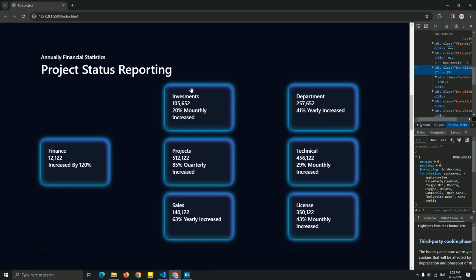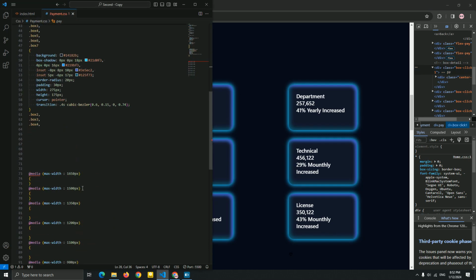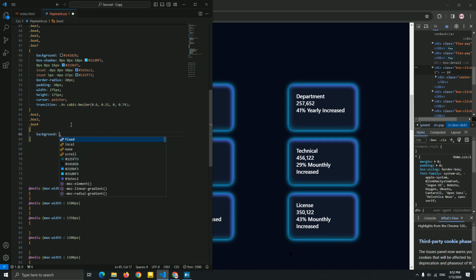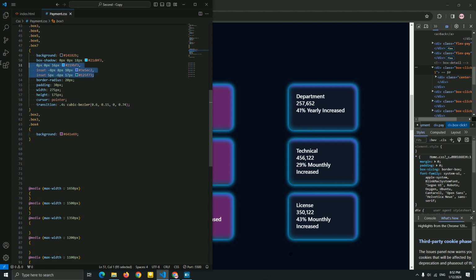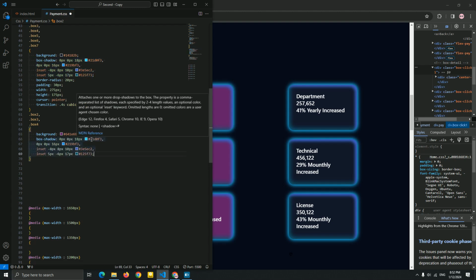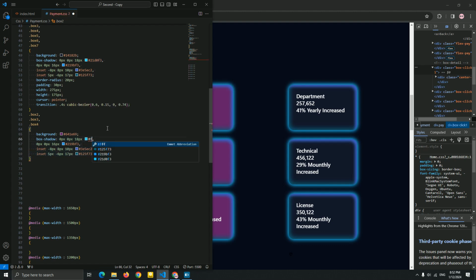And now let's go to color box 2, box 3 and box 4, as you can see it here. So for box 2, box 3, box 4, I'm gonna add this background, guys. The color would be this. Okay, now let me just change this box shadow. I'm gonna add custom color. Let me see. Let me add this color for this first one. Okay, pink color. Okay, and the next color, let me add this.